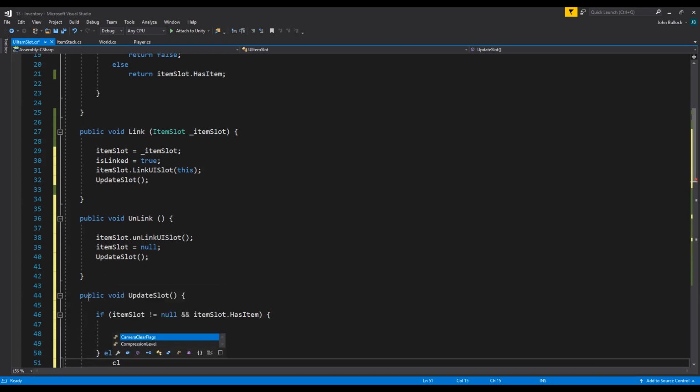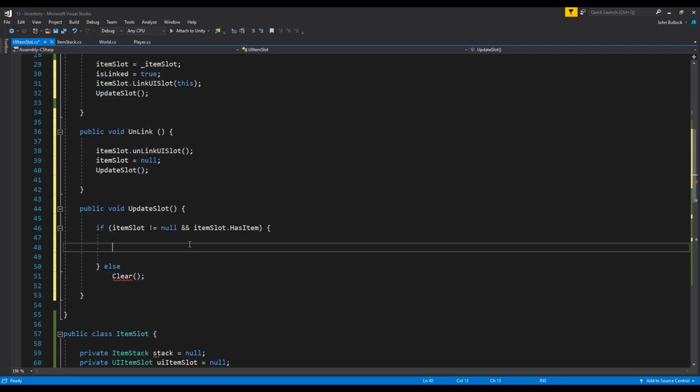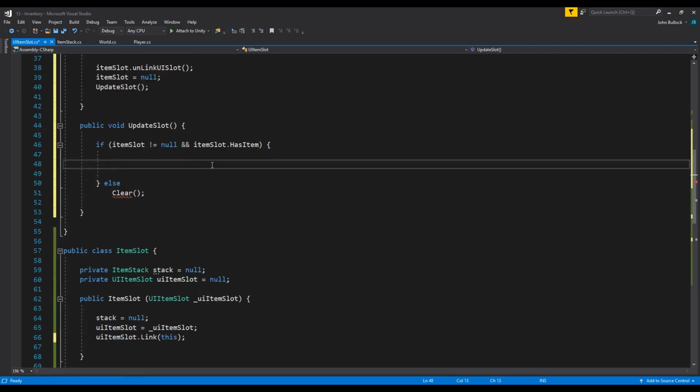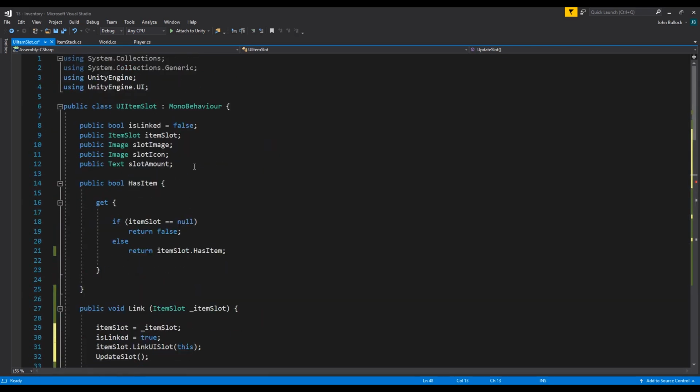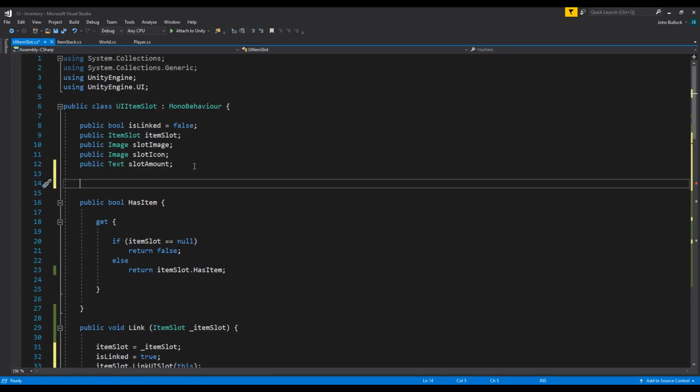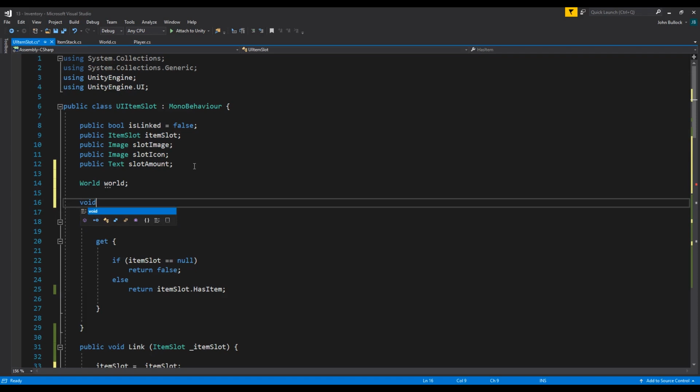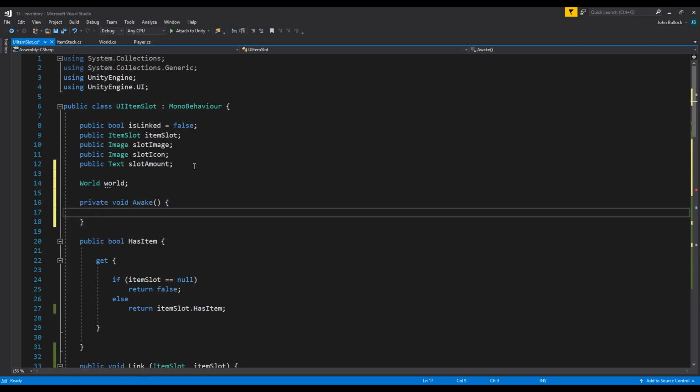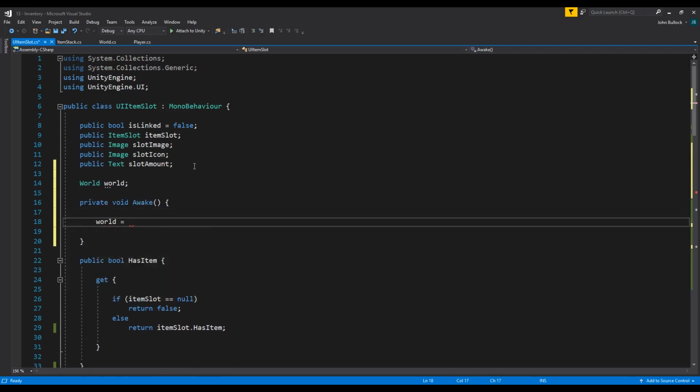Else we're going to put a clear function to clear the elements. We haven't written this function yet. So slot icon dot sprite equals... we haven't actually added, have we? Before we can fill in these details, we do need a reference to world. So world, and then void awake, world equals